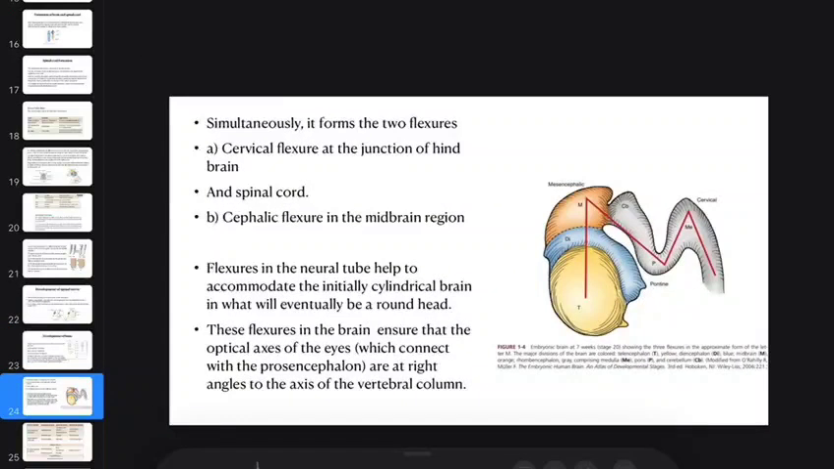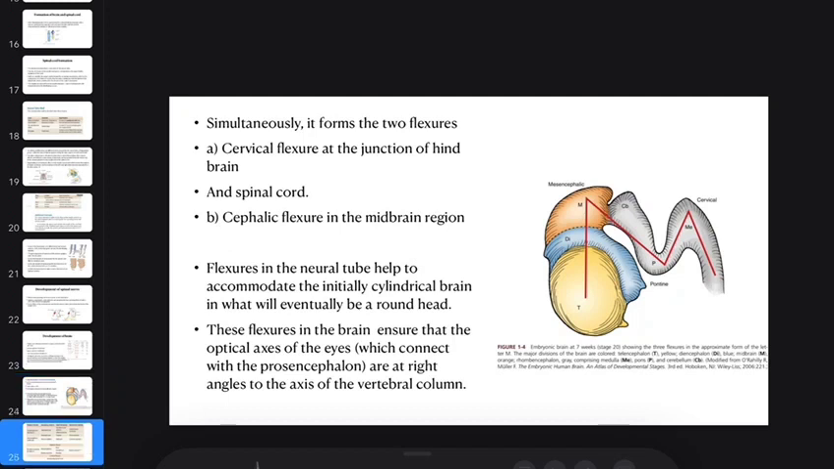Simultaneously, it forms two flexures, that is the cervical flexure at the junction of the hindbrain and the spinal cord, and the cephalic flexure in the midbrain region. Flexures in the neural tube help to accommodate the initially cylindrical brain in what will eventually be a round head. These flexures in the brain ensure that the optical axis of the eyes are at right angles to the axis